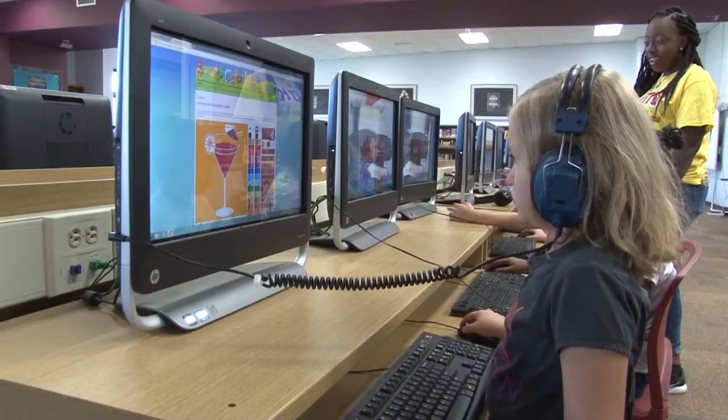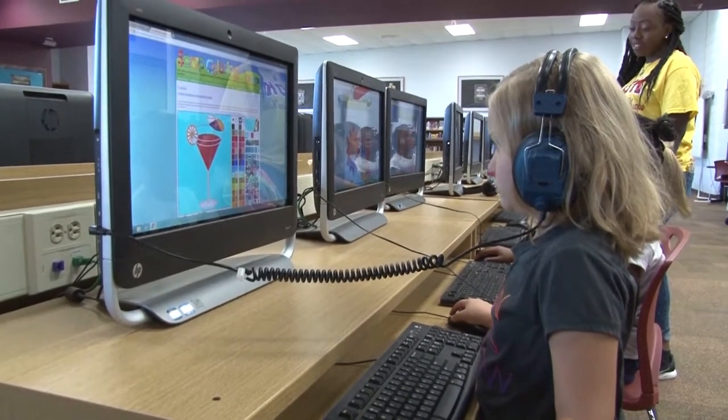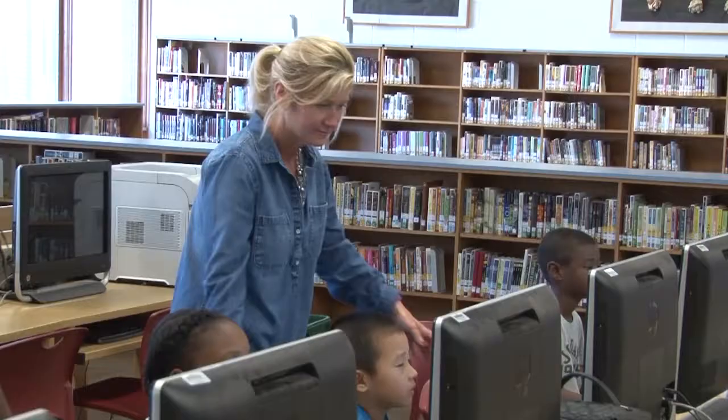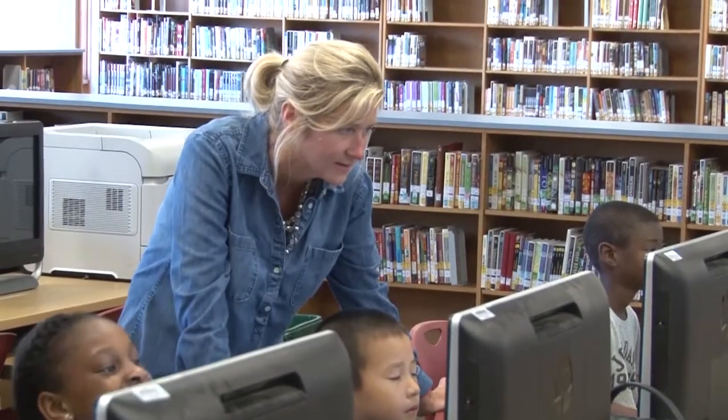Myon is fantastic. Myon is an online database for all these books. We are piloting it through the summer as Tuscaloosa City Schools is. And what is great about it is 70% of their books are nonfiction. So we are allowing our computers to be open to the community so that students can come in and read